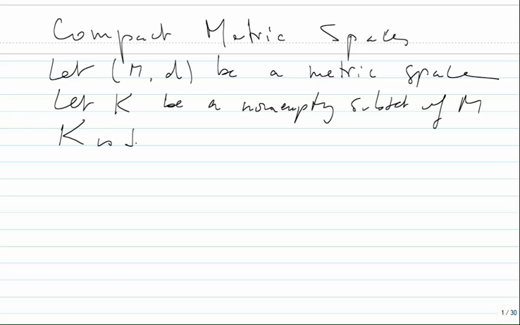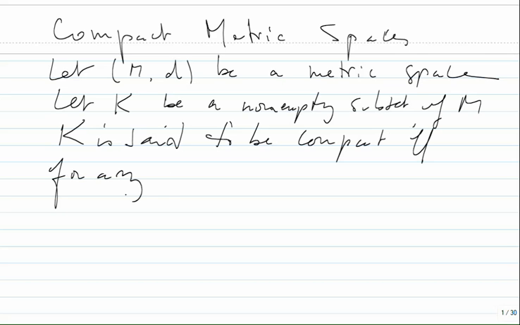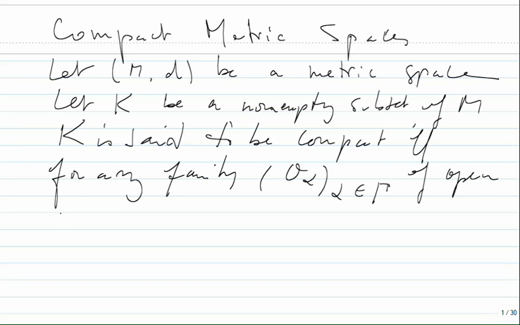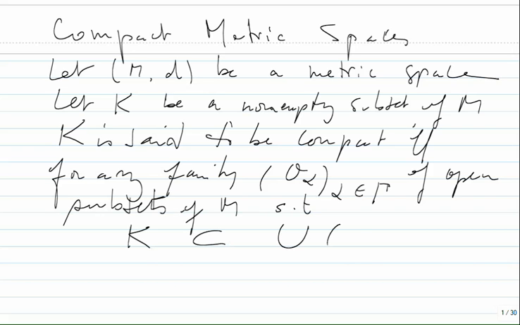K is said to be compact if and only if for any family O_alpha, alpha in Gamma, of open subsets of M that covers K, in other words, such that K is in the union of all the O_alphas,